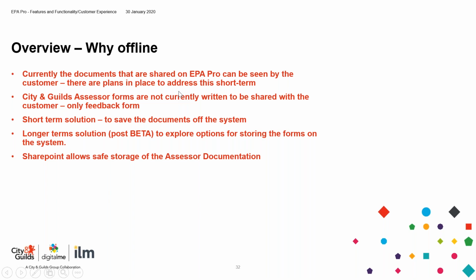The one thing I wanted to underline is that the processes are evolving, and in the short term, we will be using SharePoint and EPA Pro, but the technology teams are already working on a solution to allow us to save our documents on EPA Pro only. They're working on a technology solution that will allow us to save things so the customer can't see that information, and that is something that's currently being worked on. We'd hope to see some progress on that in the next 6 to 8 weeks. So this is very much a short-term solution. As I've already said, SharePoint allows the safe storage of assessor documentation to avoid that back and forth via email of information, because we've said from a GDPR perspective that isn't safe.